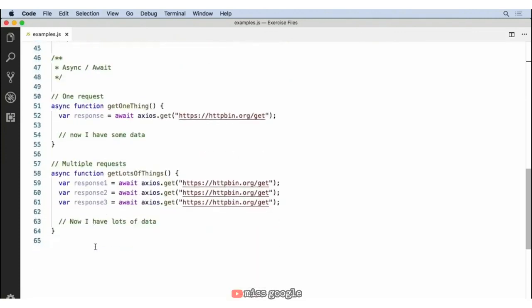And then finally, there's async and await, which are part of the ECMAScript 2017 specification. These make working with promises even easier to read. Functions are marked as asynchronous with the async keyword. And then network requests can have their return values stored directly instead of being handled inside a callback function, using await before that promise. This can really shorten code that makes a lot of network requests, like this getLotsOfThings function